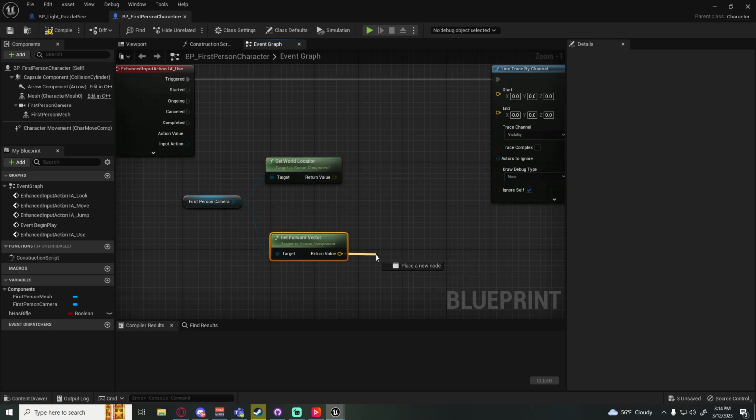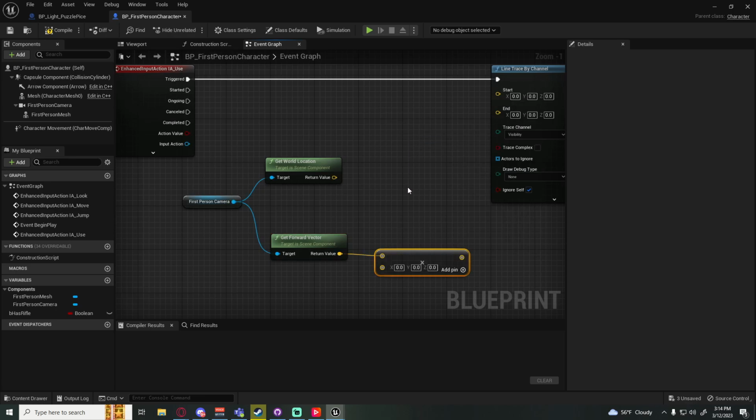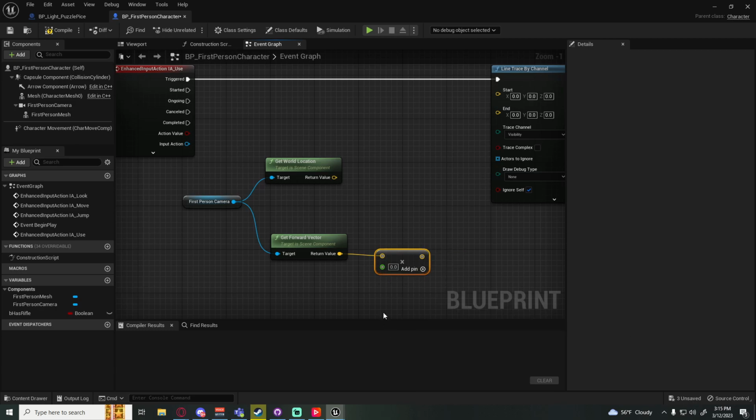So what we want to do is take that offset and say for it to go forward. Since we're using the forward vector, if you're using the right vector or whatever, you could say go to the right so far, or you could multiply it by a negative number and go to the left so far. Same thing with forward, you could multiply it by a negative and have it go back so far. So in this case, we're going to multiply it by a float,